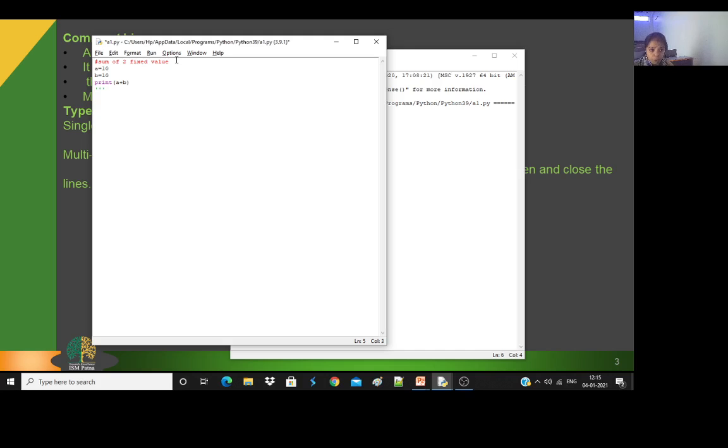So we can use this to create a documentation format in our program. When we use this sign, it allows us to put a number of lines in the file of the program. So suppose